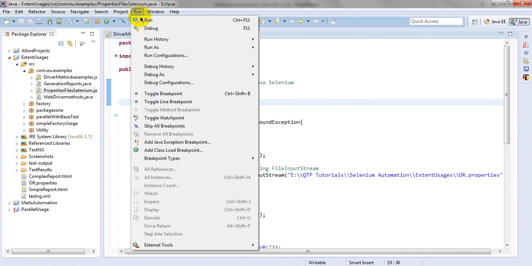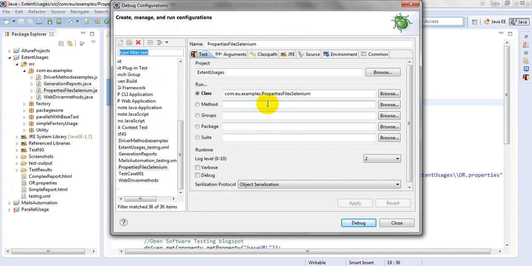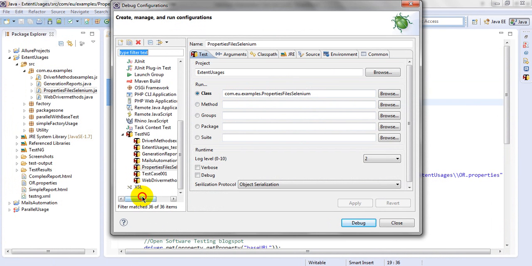I will show you one more. Coming to debug configurations, see, the file I have selected is showing here. Each and every example class file is showing here.